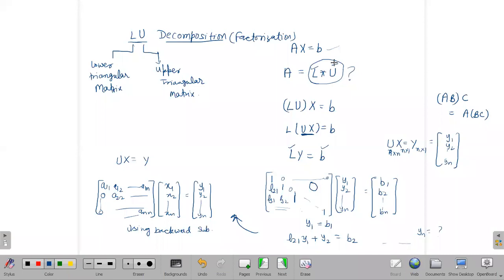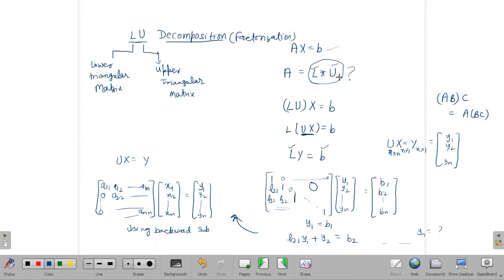But how to find L and U? So actually, the first step that we have done in the Gauss elimination, first and second step. First step, we have written the augmented matrix only. So here you have to take A only, don't take augmented matrix. So no need to write first step. So just start from the second step of the Gauss elimination. You have to reduce A into the upper triangular matrix. So the operation will be same. No need to use partial pivoting, scaled partial pivoting here.